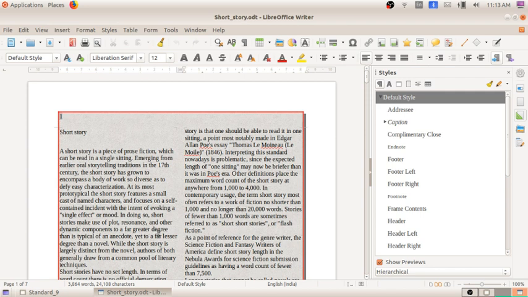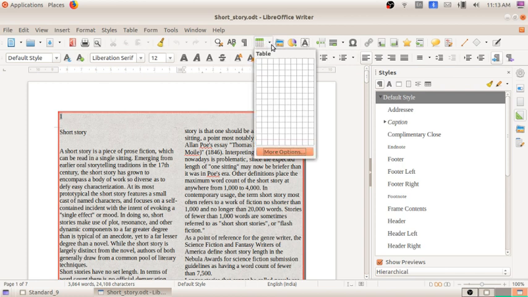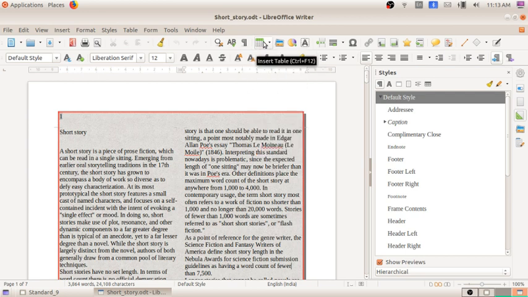For adding the picture, you can see here an option, insert image.